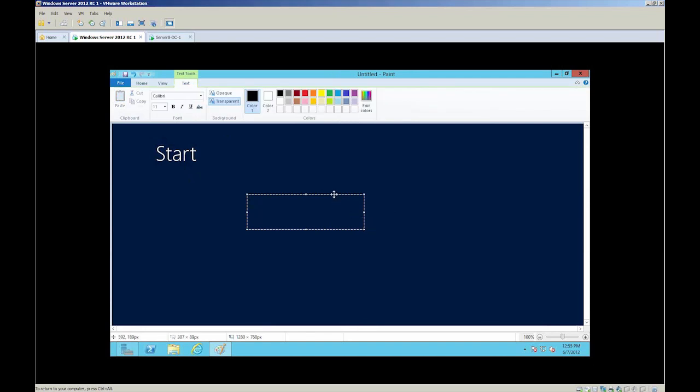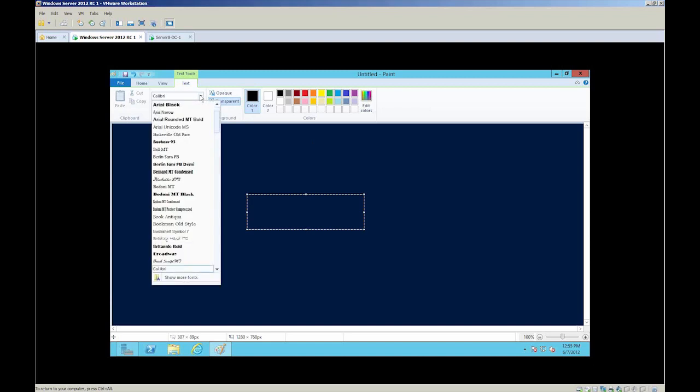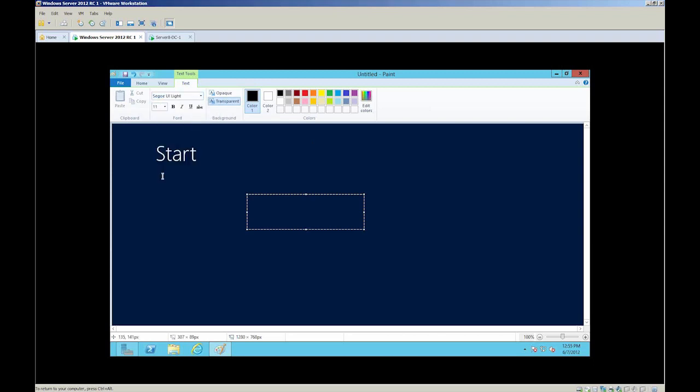before I type anything, I want to change this, and let's see if I can find this quickly here. We want to go to, I believe it's this guy right here. I don't even know how you pronounce that. Segoe UI Light. I'm going to change this to, let me actually type it in, 44.